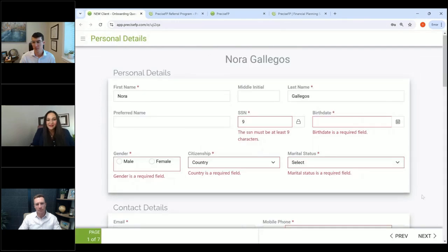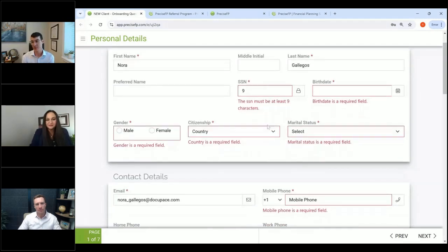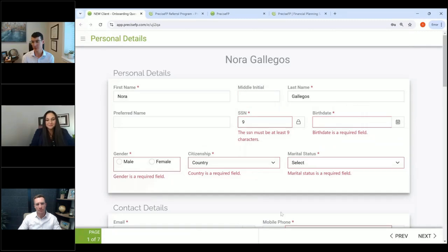Yep. All right, so here I want to ask, did you guys start with a template and then customize it, or did you start from scratch to build this? Good question. We did use a template. We started with one of the onboarding questionnaire templates that you all provided, and then a little bit of a learning experience with the mapping to Redtail. Again, it's CRM specific, and you all have a great guide that I was able to be provided with. So when Chase and I were building this out, we just had to make sure that each field was mapping to the correct spot so that when we hit export, it will actually feed into the correct area in our CRM. But we did start